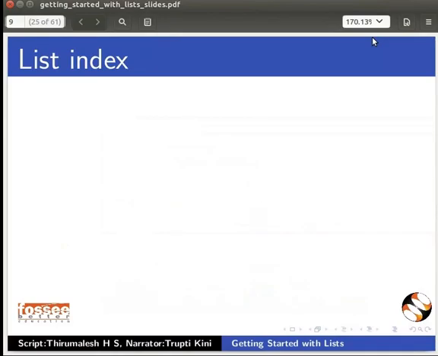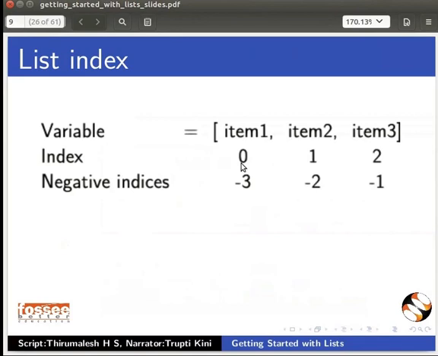We can access an element of a list using its corresponding index or position. Index value of the element starts from 0, 1, 2 and so on. Negative indices are used to access elements from the end, which starts from -1, -2 and so on. The syntax to get a specific list element is variable inside square brackets element's index value.